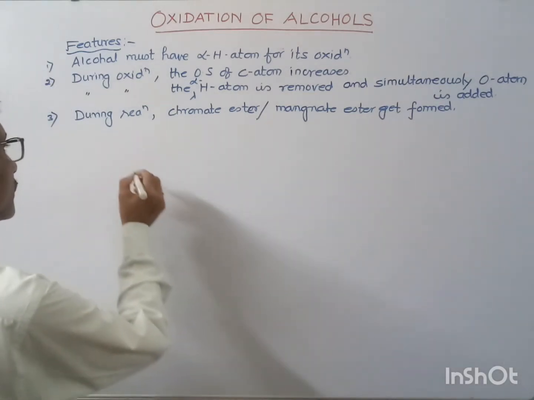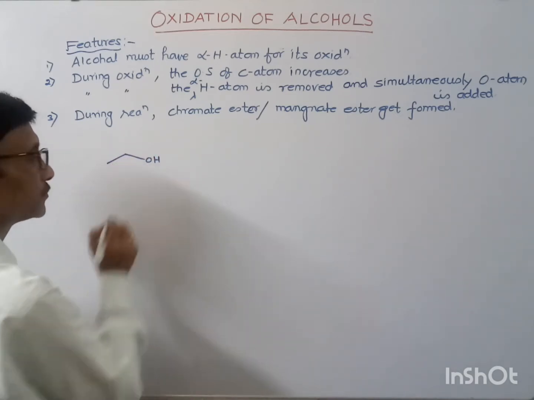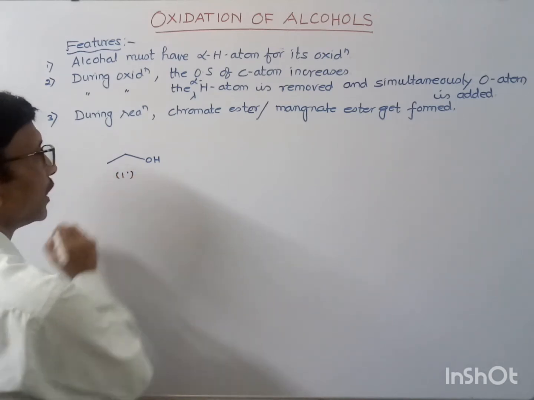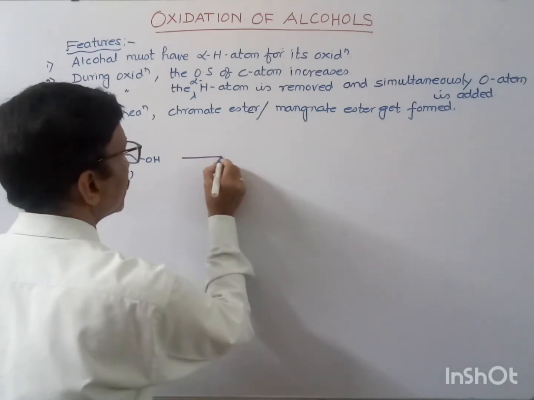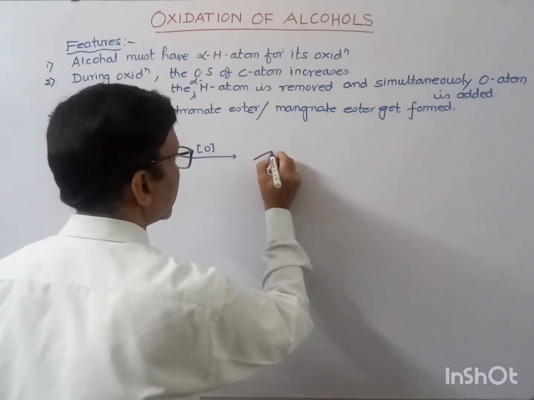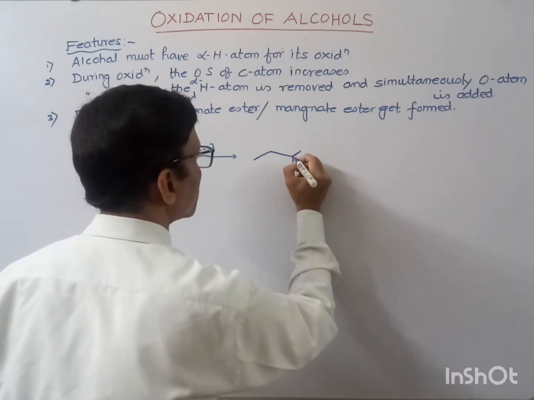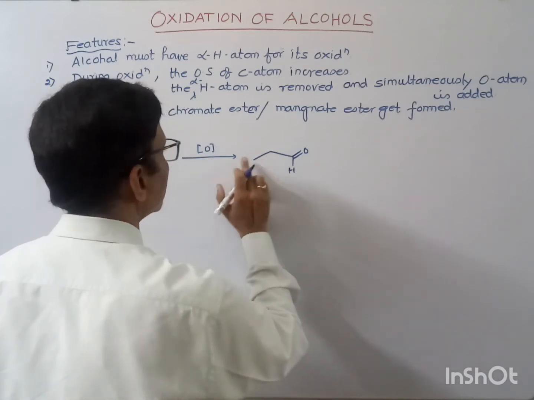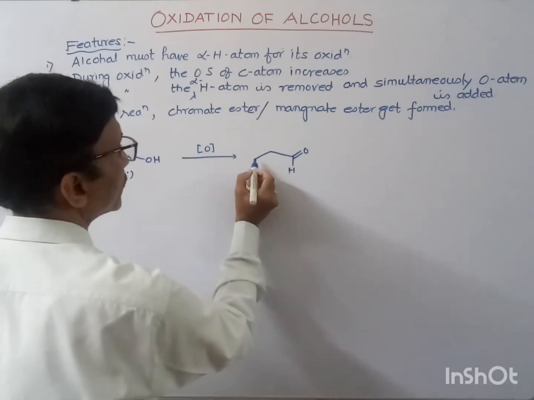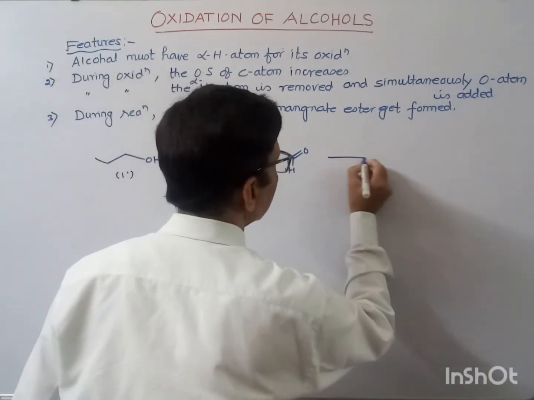Now suppose I am taking this primary alcohol. During oxidation it would be converted into an aldehyde. How many carbons? 1, 2, 3 carbons here, and also 1, 2, 3 carbons here. Now this aldehyde